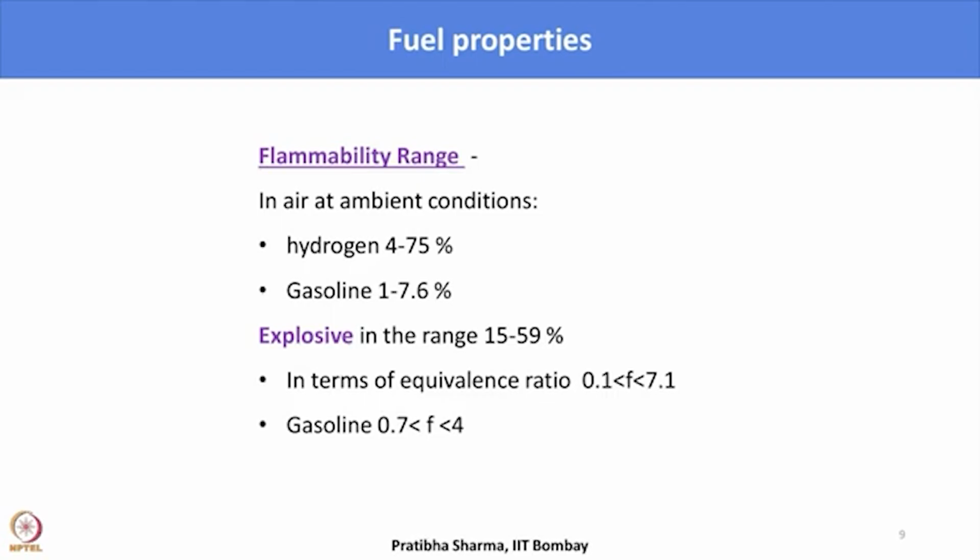The wide flammability limit has both advantage as well as disadvantage. Advantage in the sense that when hydrogen is used as a fuel in hydrogen IC engines, even dilute mixtures can combust, it can result in stable operation, ease of start, and better combustion with reduced emissions. At the same time, this is a disadvantage, that if there is a leak, even a very dilute mixture or a concentrated mixture, both can ignite and can result in fire or explosion.